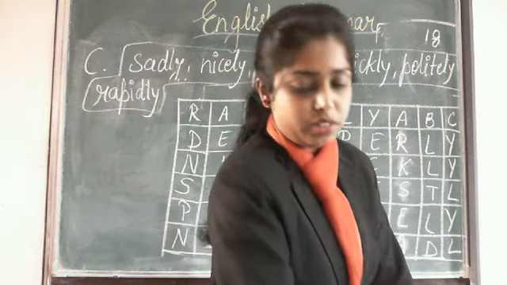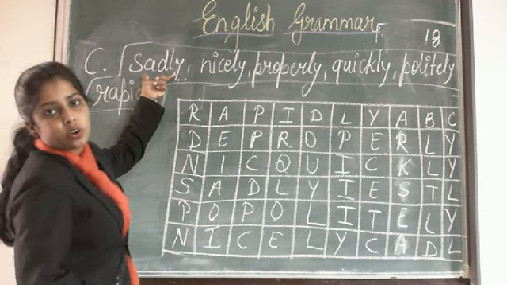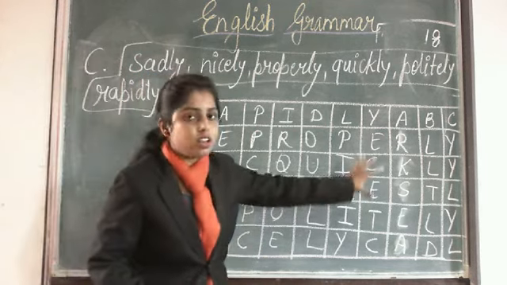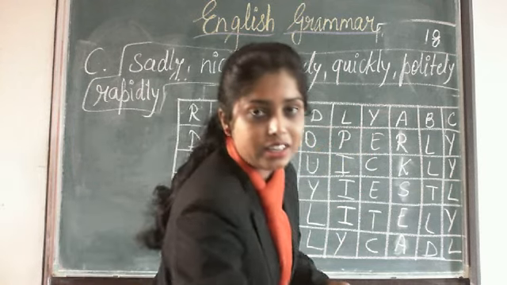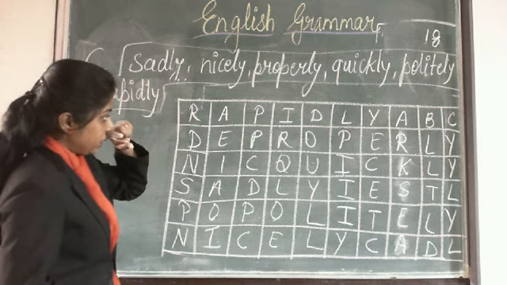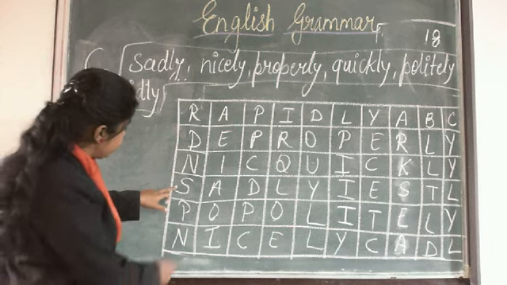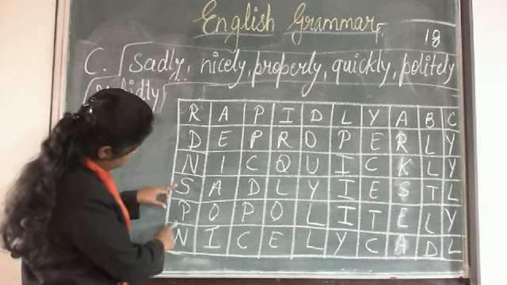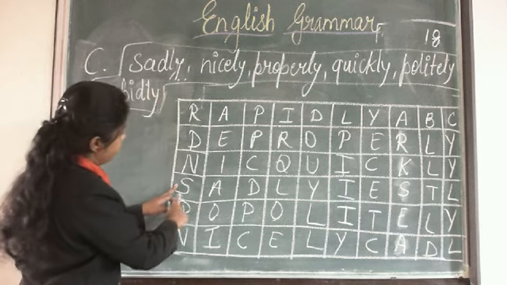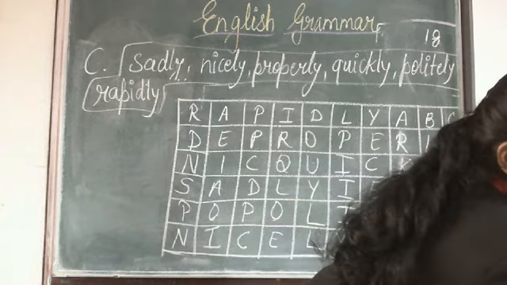Question, which is a puzzle kind of question, we have to find these spellings, or I would say the spelling of these adverbs in this puzzle. Okay, so first let's find the spelling of this first adverb, sadly. Sadly, it begins with S, so let's find S. Here it is S. Okay, so here downward side we cannot make the spelling. S-A-D-L-Y. S-A-D-L-Y. Whoa, we got the first spelling. Okay.